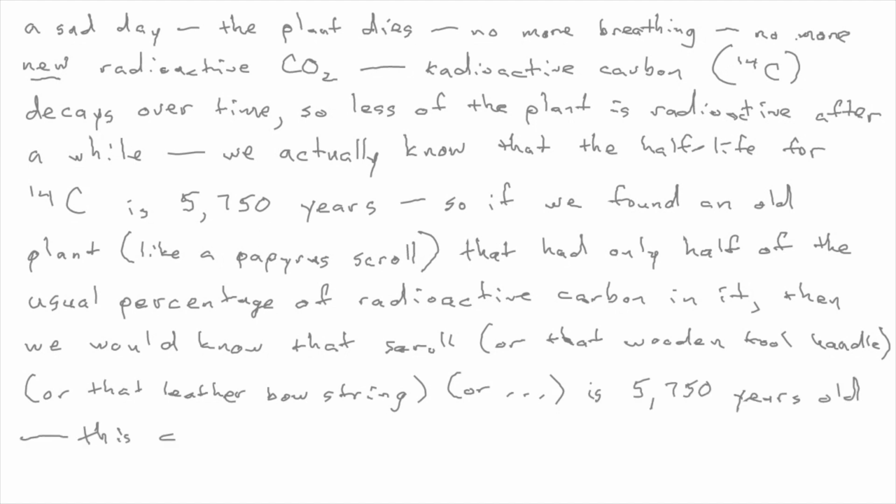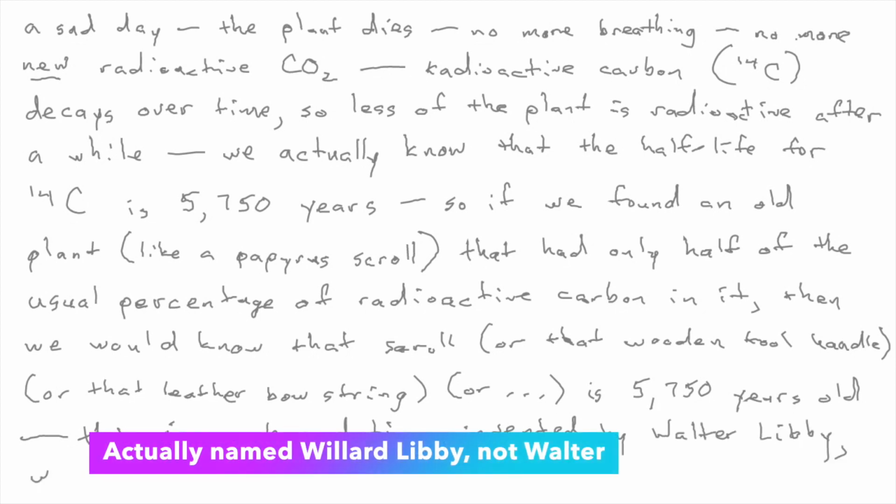And we call this carbon dating. You've heard of it. Sometimes they call it radiocarbon dating, or they'll call it carbon-14 dating. But carbon dating was invented by a University of Chicago chemist. University of Chicago, I've been to their chemistry department. I was in their building. Nice place. Invented by a University of Chicago chemist. You probably want to know his name, Walter Libby, who in 1960 received, it was a good idea.